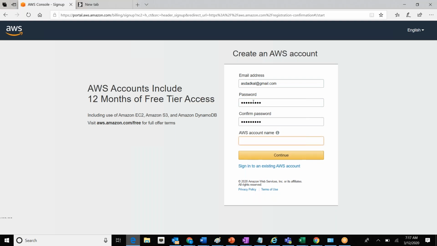Then it'll ask you the name of your AWS account. What is the short name or a nickname that you want to give to your AWS account? Maybe I would give it as AWS Training 2020,